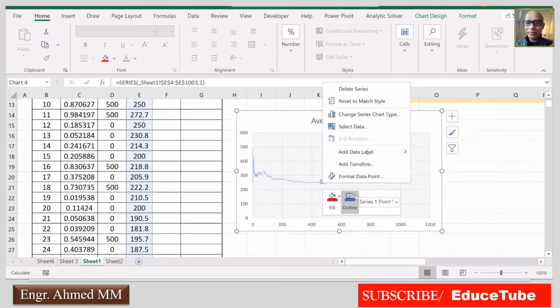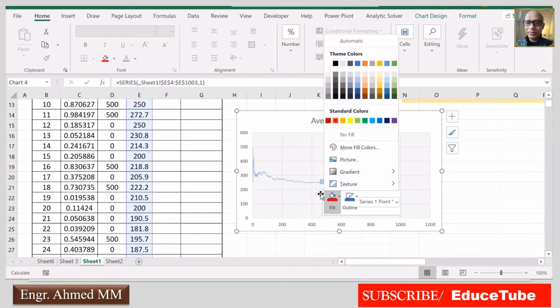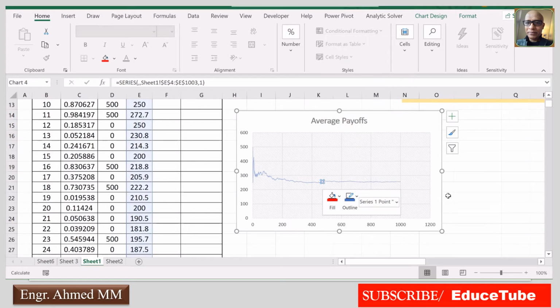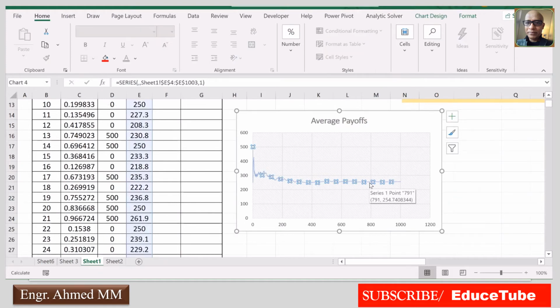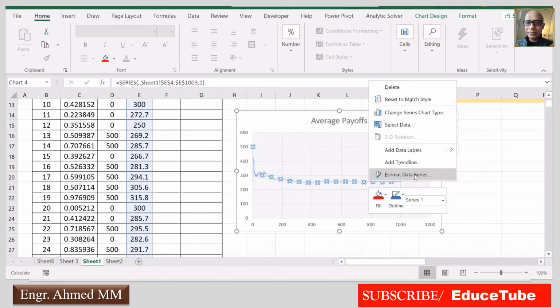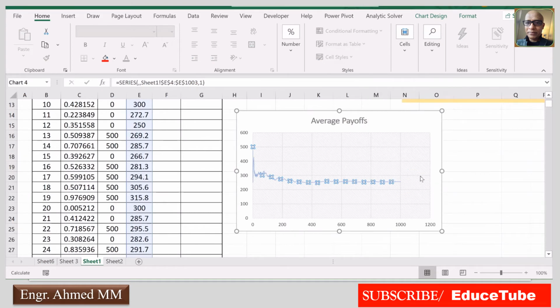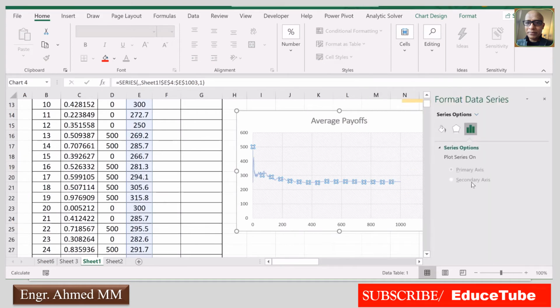And to make something. Okay. So here, if you want to get this format data, you can get it.